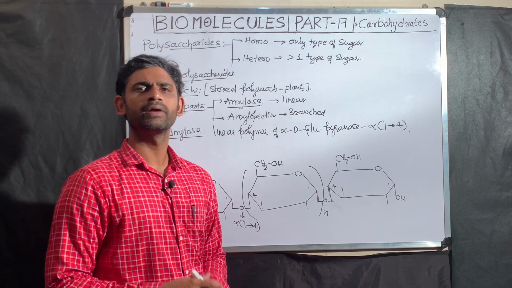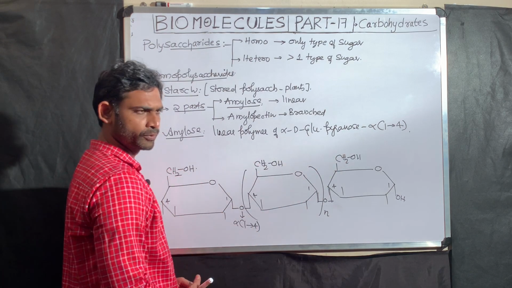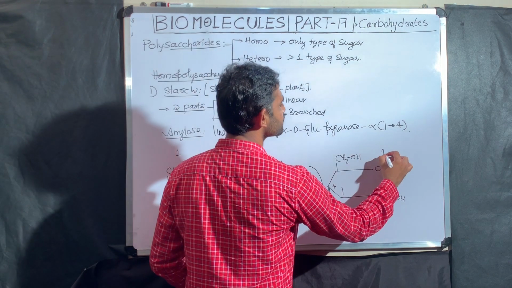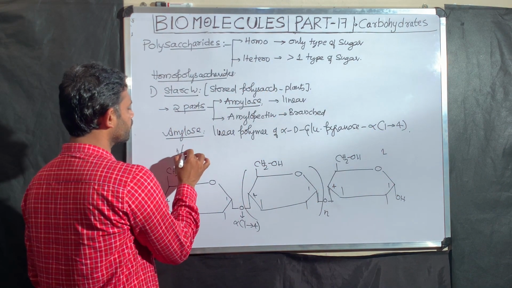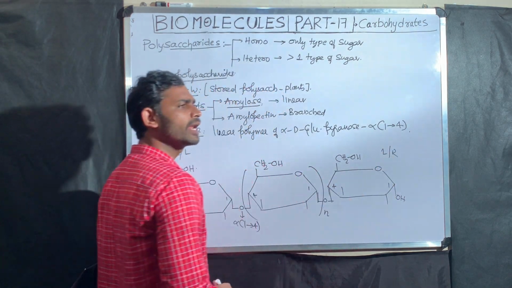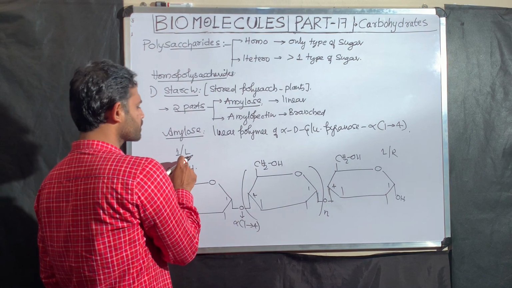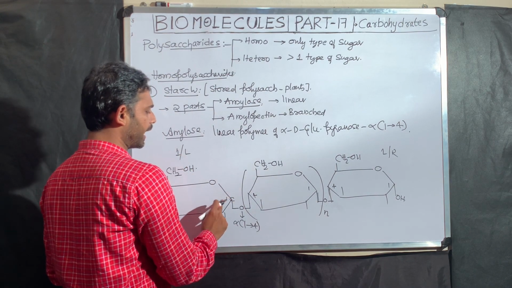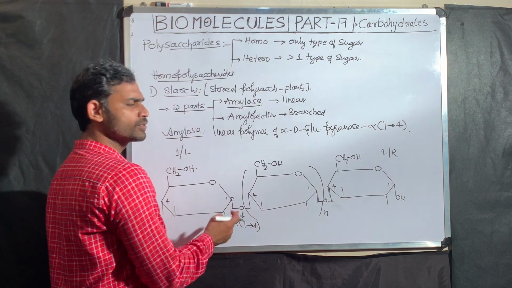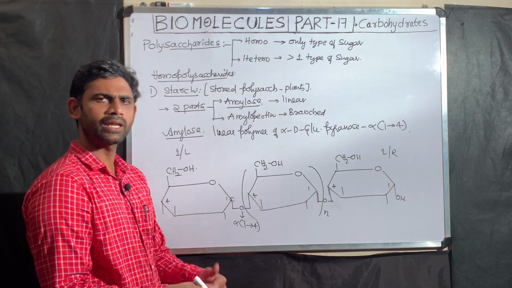One more very important point with reference to the polysaccharide. In this polysaccharide, if you observe, this is the first sugar, yes or no? This one is the last sugar. The first sugar you can call the left hand, and the last sugar you can call the right hand. In the left hand or first monosaccharide, the functional carbon is engaged in the glycosidic bond. Indirectly, it means there is no free functional group. No free functional group means it cannot react.